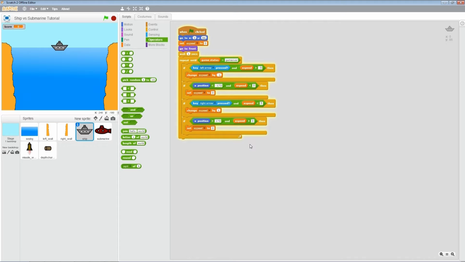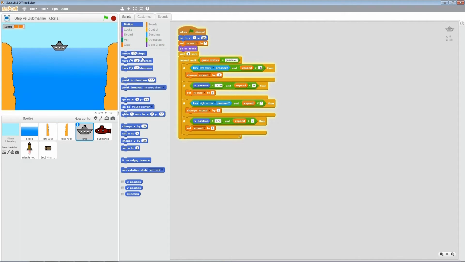Okay, so what we're gonna do now is, in this loop we have instructions to handle the left arrow and the right arrow. In each loop we would also want the ship to move, and we are now going to do a move instruction,